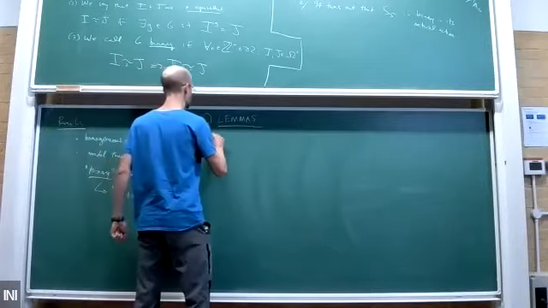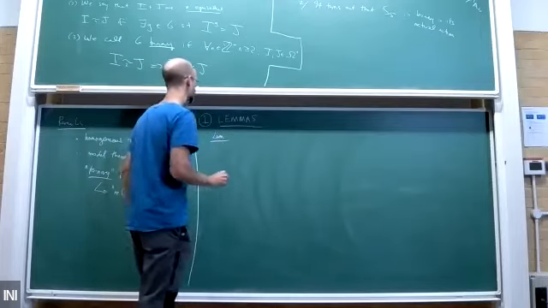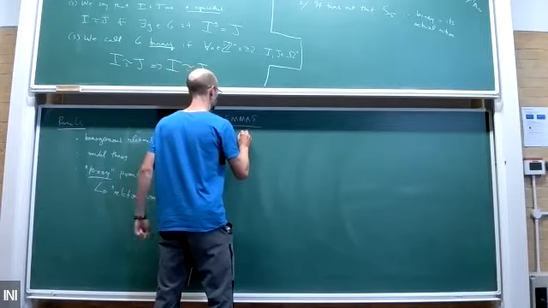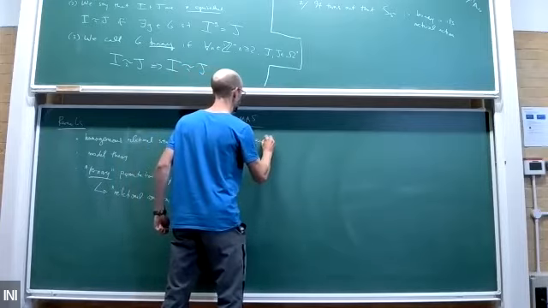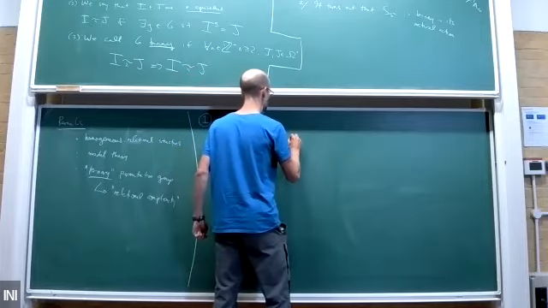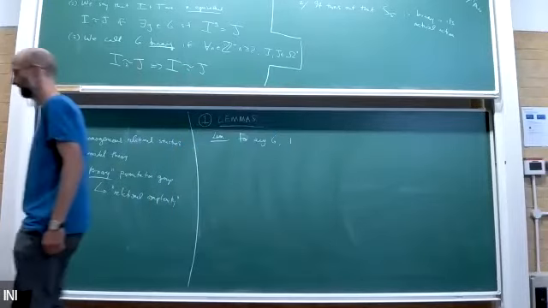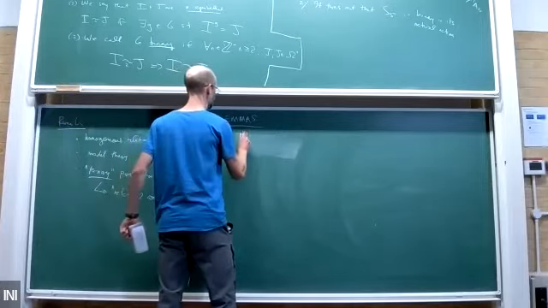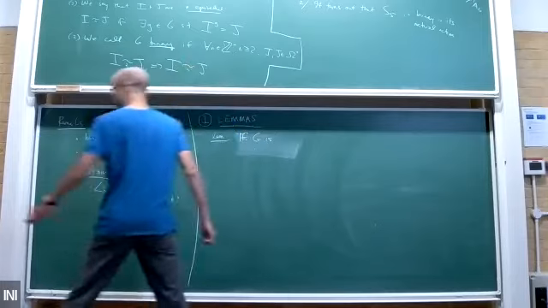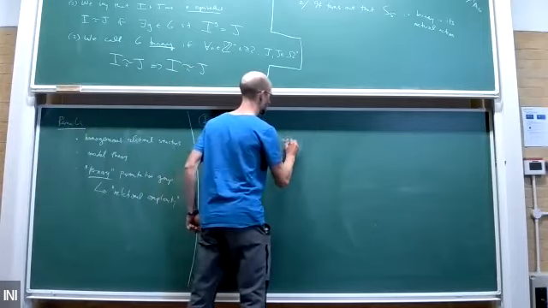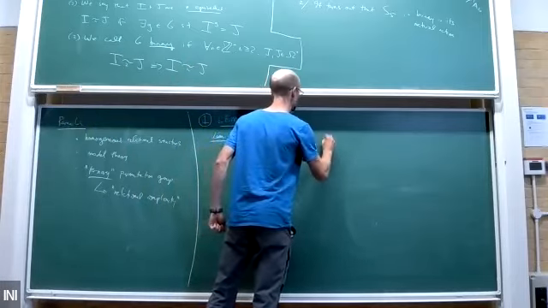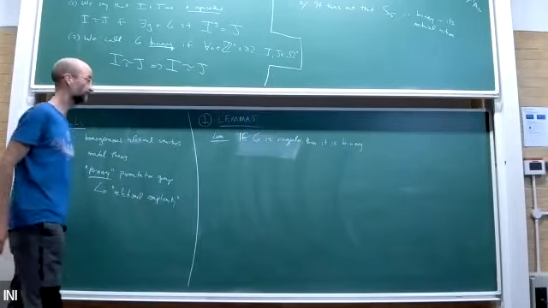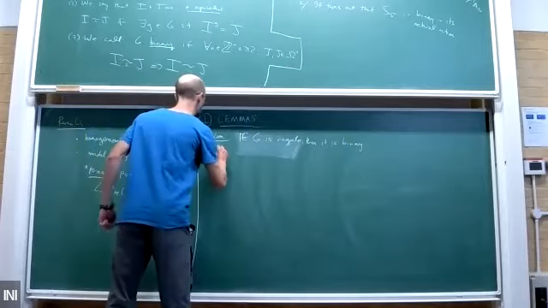So first lemma is the following, and that is that for any group G, if G is regular, then it is binary. In other words, if H is trivial. And how do we see this? So proof,